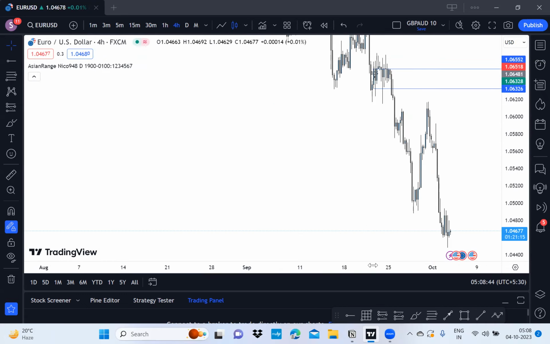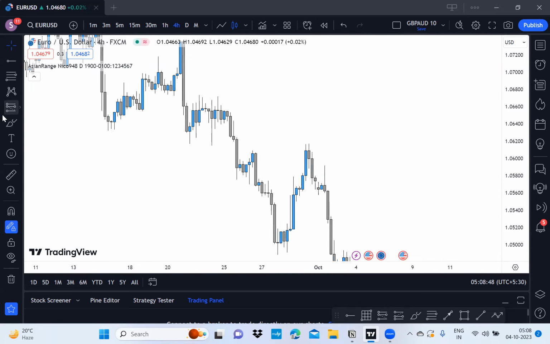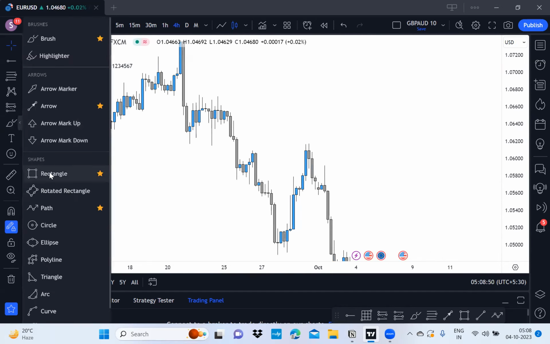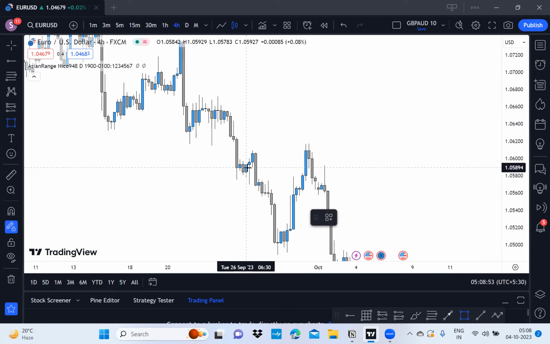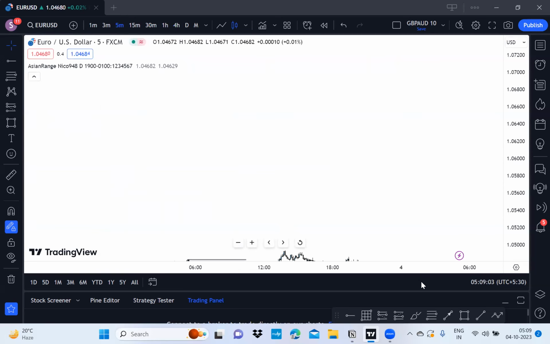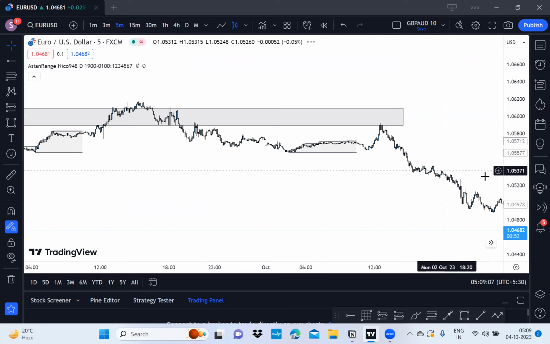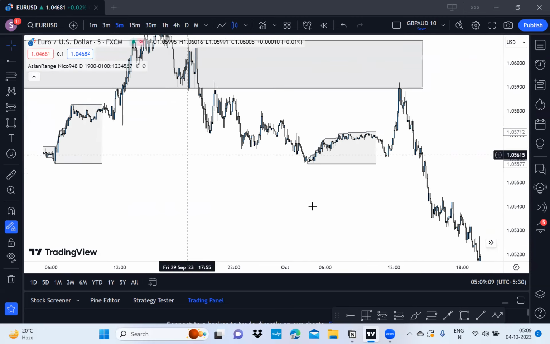Now another day, we saw that this is the order block here. This is one of the order blocks. Market took the retracement till this order block here. Yes, market took the retracement till this. But if I go on 5-minute, let's see, is market doing the liquidity hunting or not? So what happened here is,